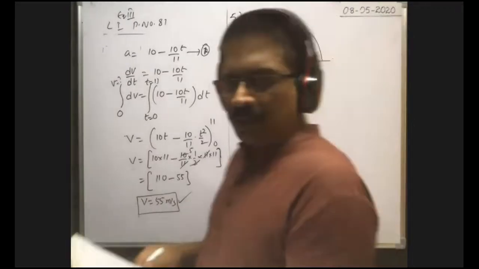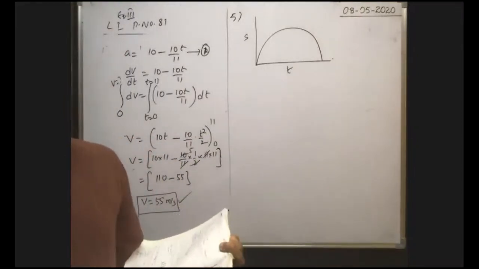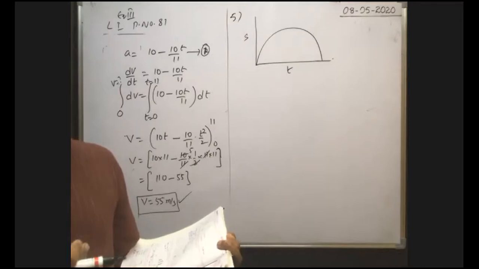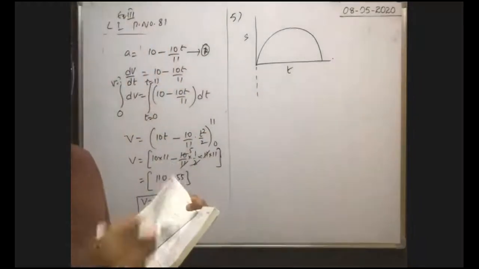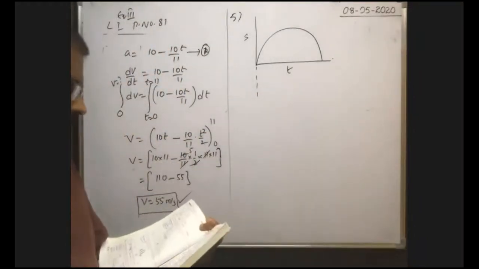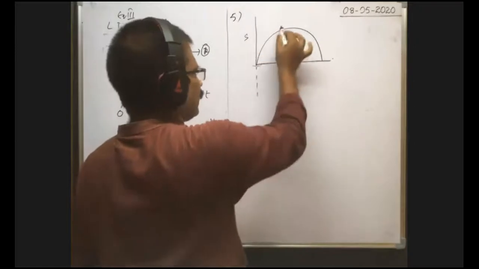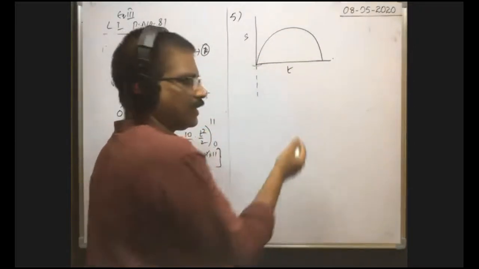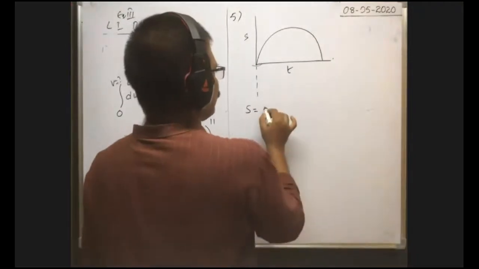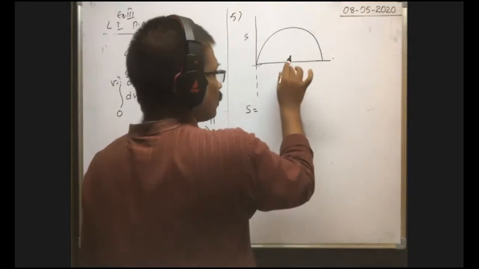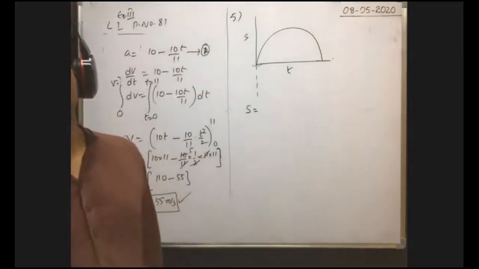Here you see, the displacement time graph is a parabola open towards the negative displacement axis. How can we represent this graph by an equation? Suppose the graph is symmetric like this, then s is equal to at square or s is equal to minus at square. Whenever the coefficient of t square is negative, only then is the graph open towards the negative axis. Otherwise, we will not get a graph open towards the negative axis.